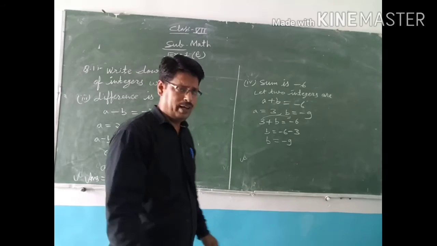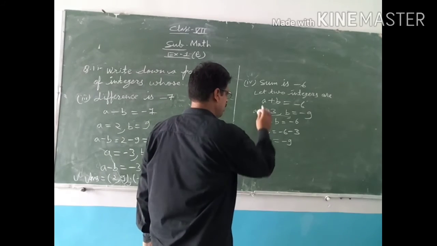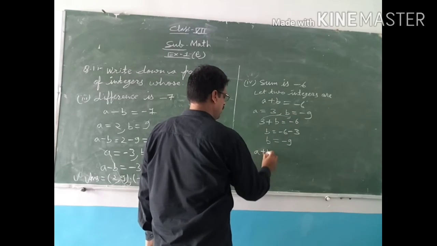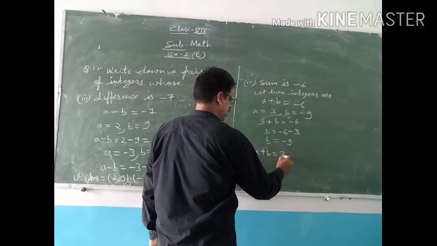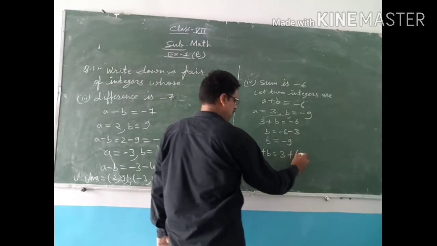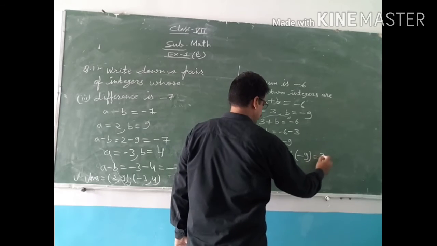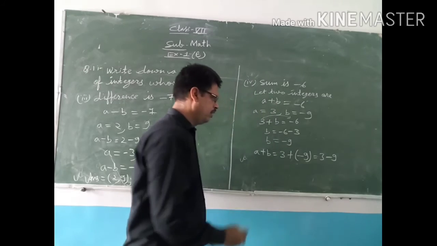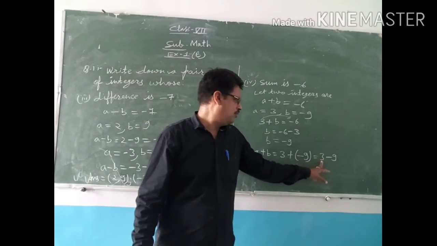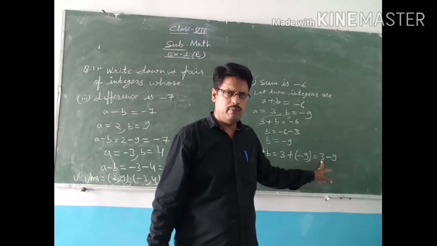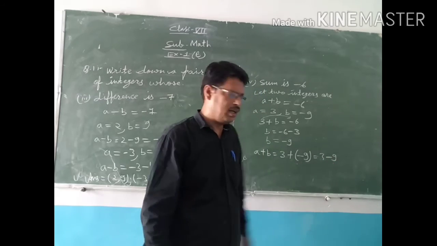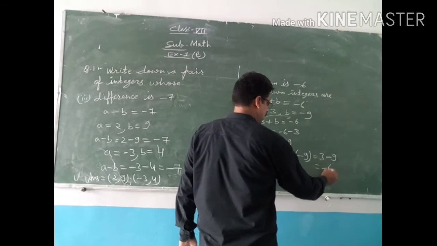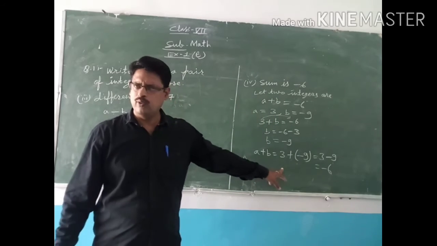Now if you want to verify also, आपको पता लगाना है सही है या नहीं है, तो आपको क्या करना है, इन दोनों को ऐड करके देख लो, a और b को. Meaning a plus b is equal to, a की जगह 3 रखो, प्लस b की जगह -9. Now 3 positive and negative. अब we are subtracting the smaller number from the bigger number. Minus sign will come and subtraction will happen. 9 minus 3, 6. So it is verified also.